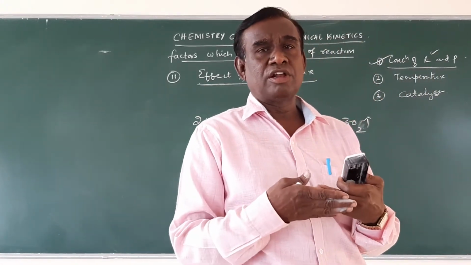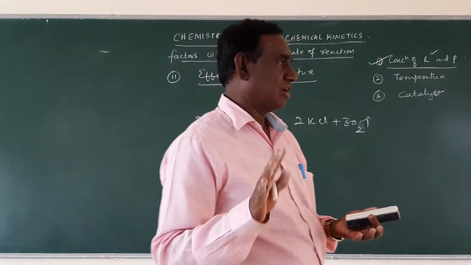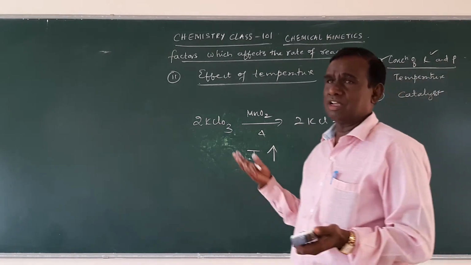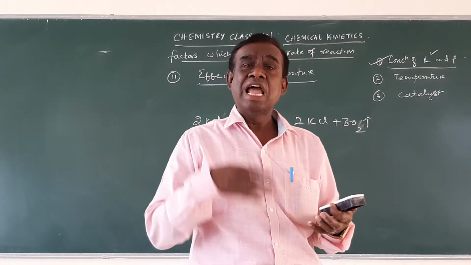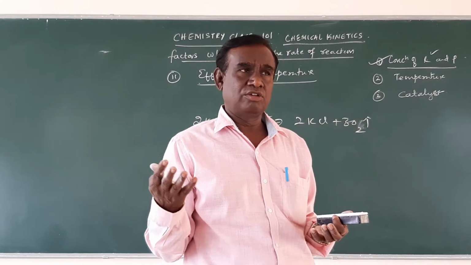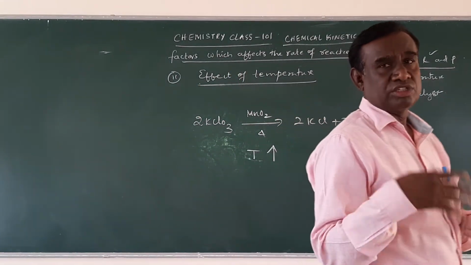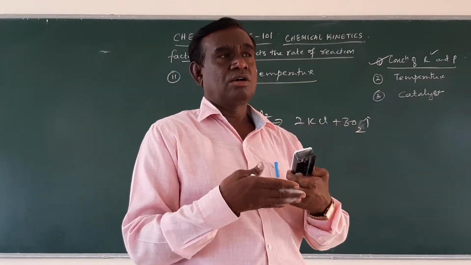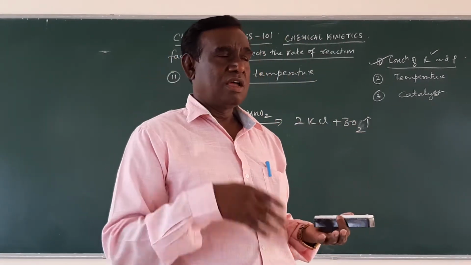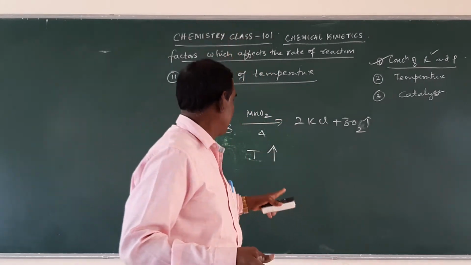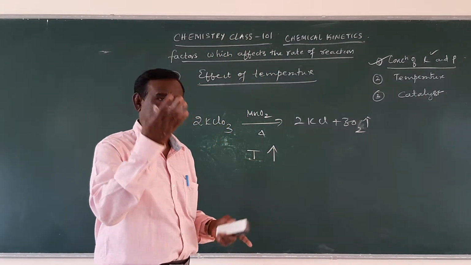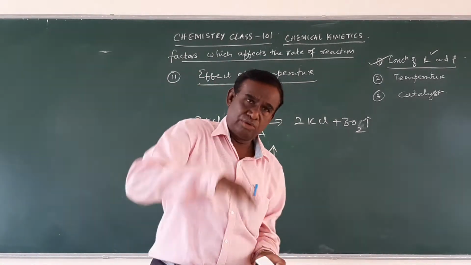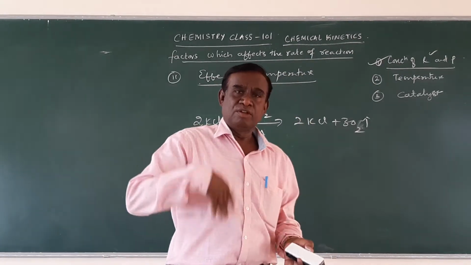Which type of reactant molecules? There are two types: normal reactant molecules as well as activated molecules. Generally chemical reactions take place due to the collision between the activated molecules. What are activated molecules? Activated molecules are the molecules which have a sufficient amount of energy, so that their collision gives the products. Normal molecules become activated by absorbing energy. As the temperature increases, normal molecules absorb energy, become activated, and collide effectively, forming the products.